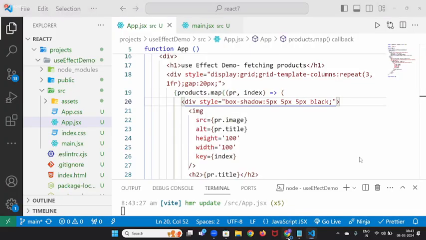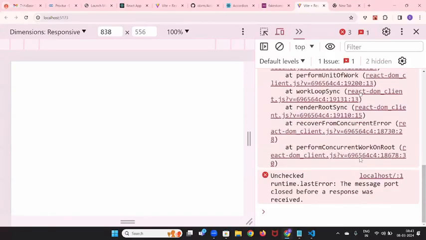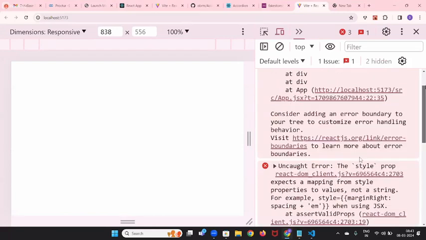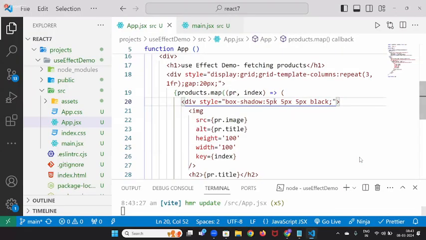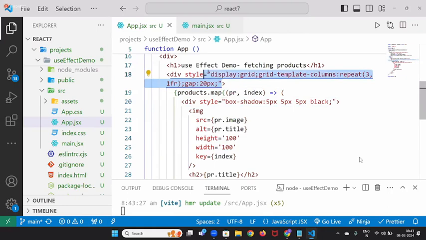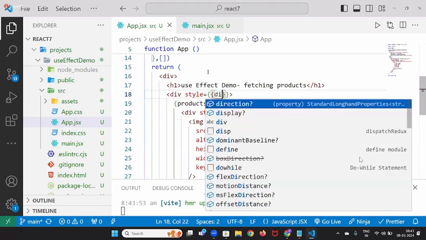Go here. What is the error here? Style prop expects a mapping of style properties, which is not taking directly. So the direct CSS is not taking. I should go with JavaScript only, mapping values. Now double braces you have to put,